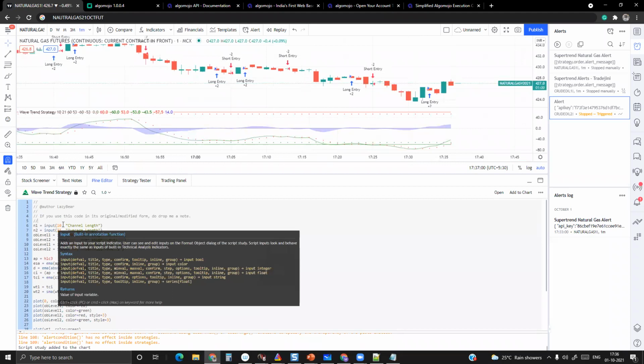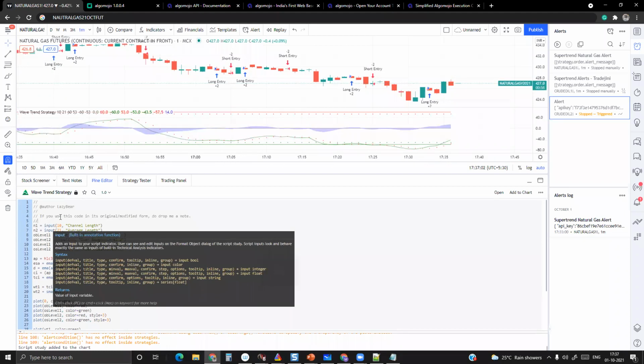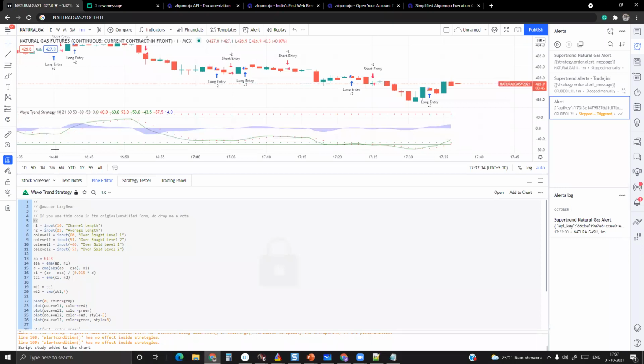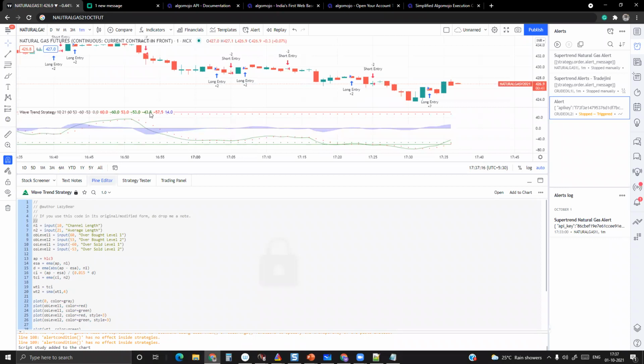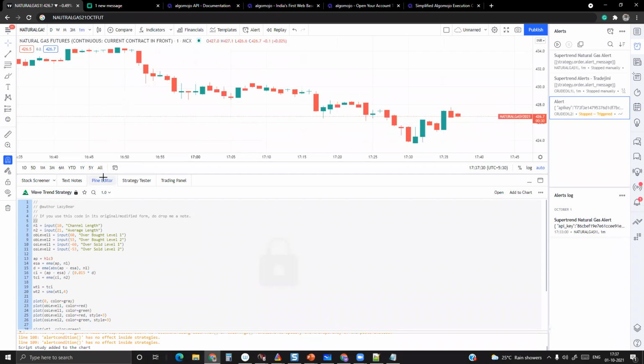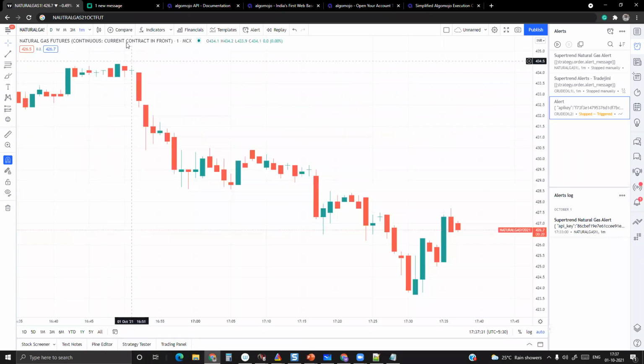If the version is not displayed over here, probably it belongs to version 2. Maybe I'll try with some other code. Ensure that it supports the latest version, version 4. Better that it supports only version 4. Version 3 and version 2, I'm not sure whether they're compatible or not, but it's better to get any code converted to version 4. Version 4 is what the latest PineScript code is all about. So for the time being, I'll remove this and try to pick up some other strategy.